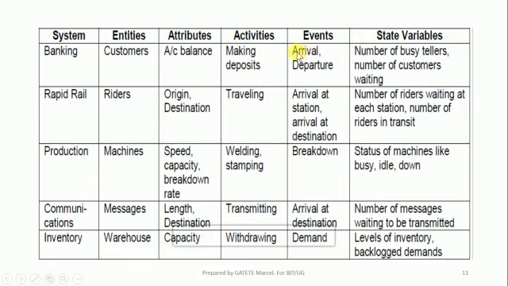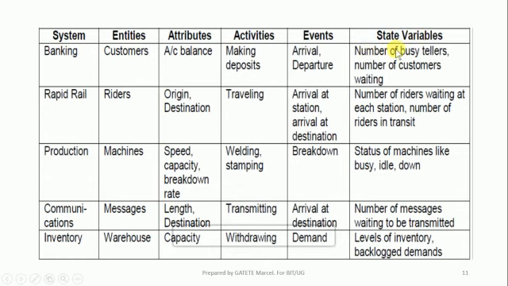The event is the arrival event, where the customer is coming into the bank. When he goes out, it will be departure. Then there will be some state variables. State variables are variables which describe the states of entities.